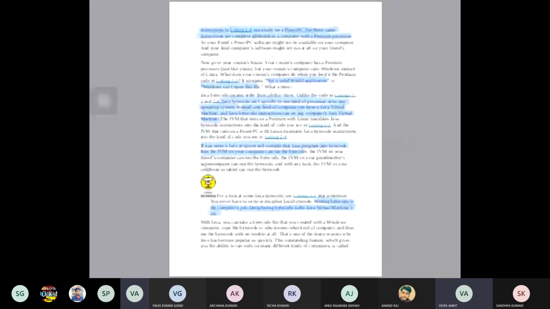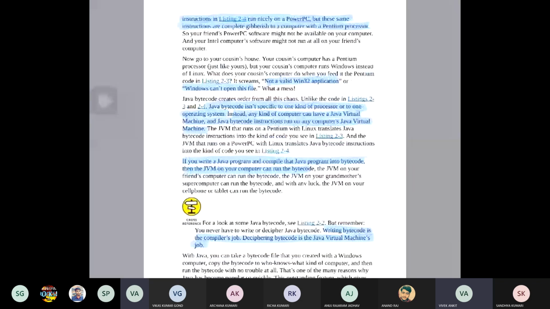Okay, so what we only do is write a Java file. The compiler that we install through the JDK converts it into a byte file, and that .byte file is changed by the JVM into assembly language, hexadecimal, whatever you say, that is, processor-understandable instructions. Okay, that's the work of the JVM.